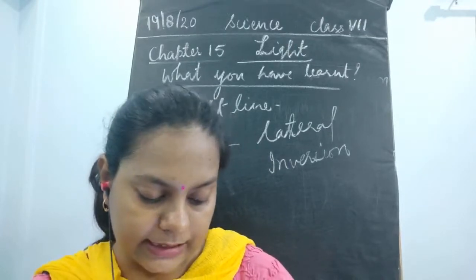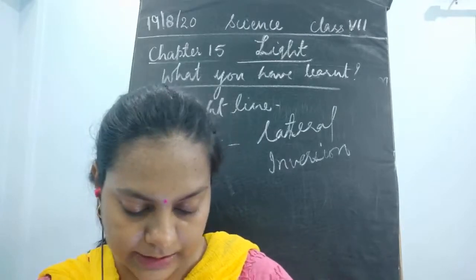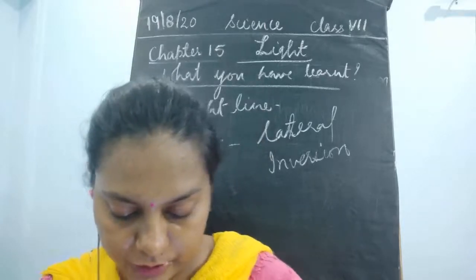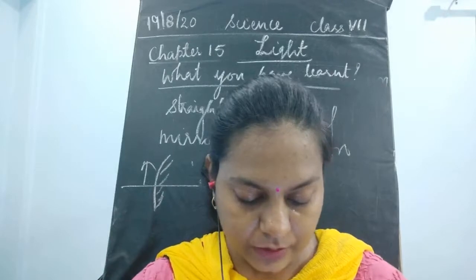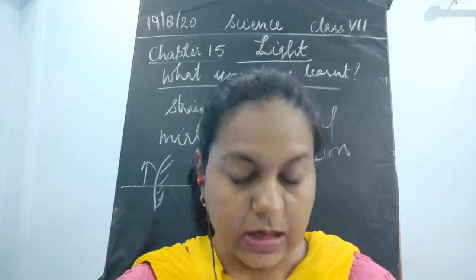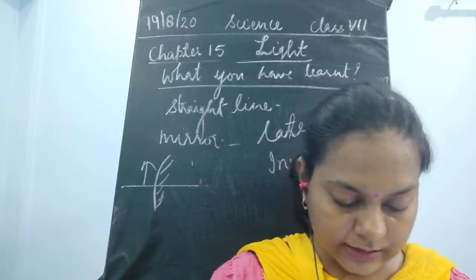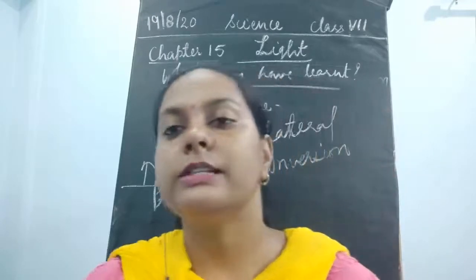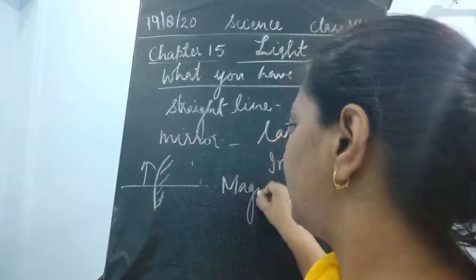The convex lens can form a real and inverted image. When the object is placed very close to the lens, the image formed is virtual, erect and magnified. When we use it to see objects, they could be magnified. Then the convex lens is also used as a magnifying glass. Now what is this magnifying glass? We have just now discussed it in the keywords also. What is this magnifying glass?